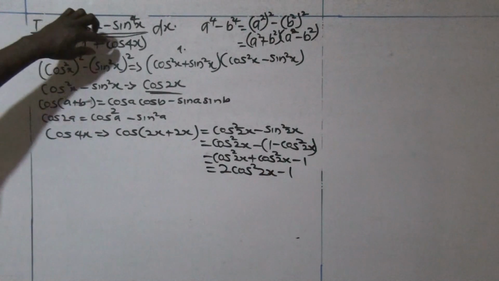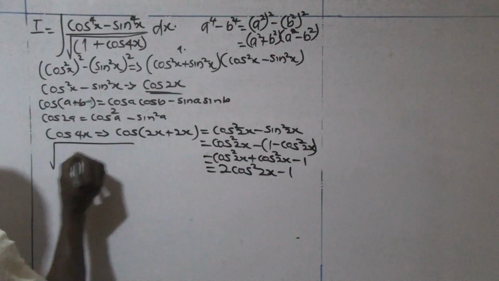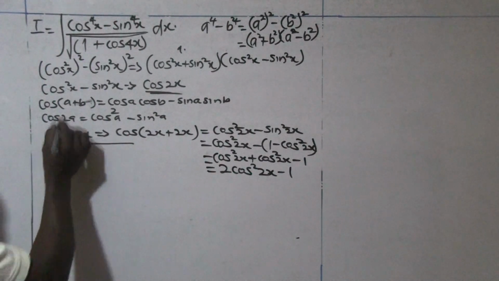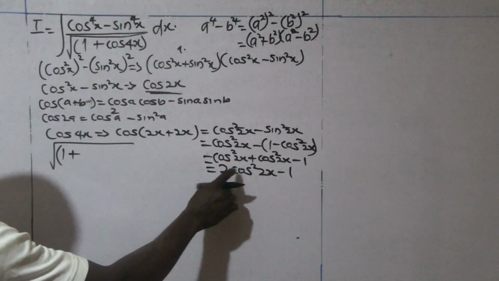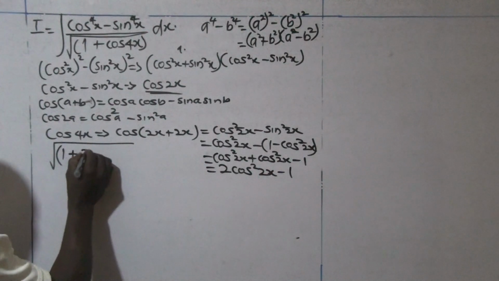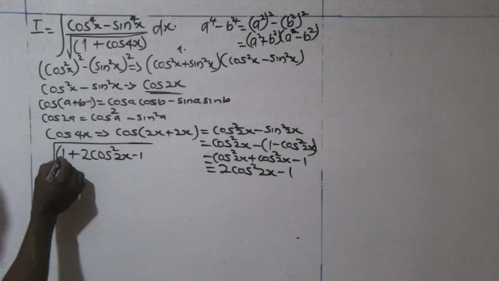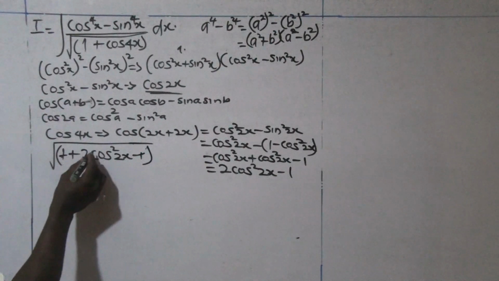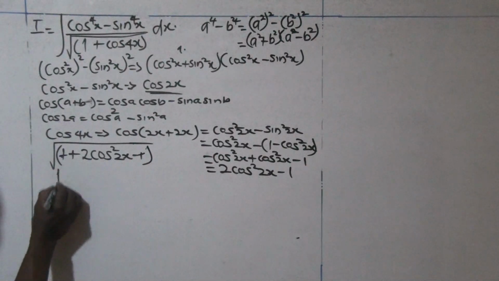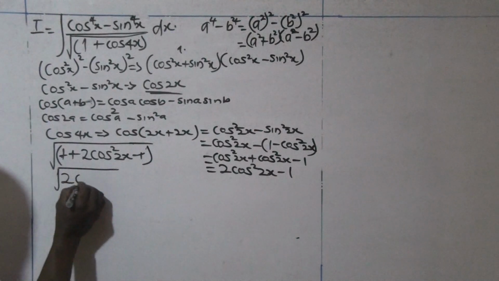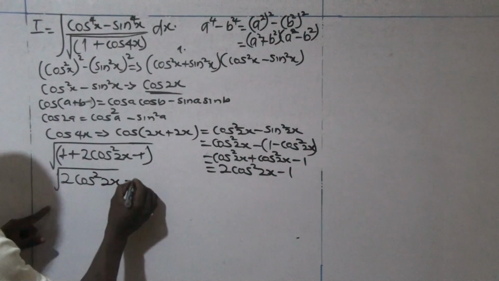So we look at our denominator here, under this square root. We have a 1, which is this one already, plus the expression, so cos 4x is equal to 2 cos squared 2x minus 1. So this is 2 cos squared 2x minus 1. Here, the 1 cancels with the minus 1, and we'll be left with 2 cos squared 2x. What we have here is the square root of 2 cos squared 2x. This can also be written as the square root of 2,